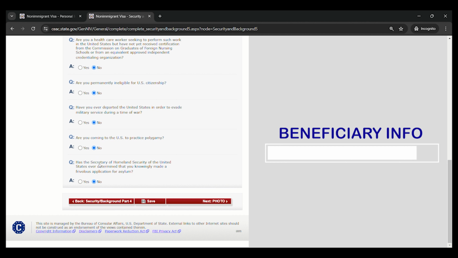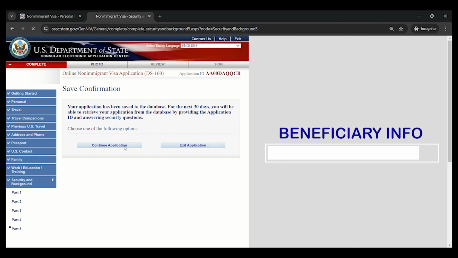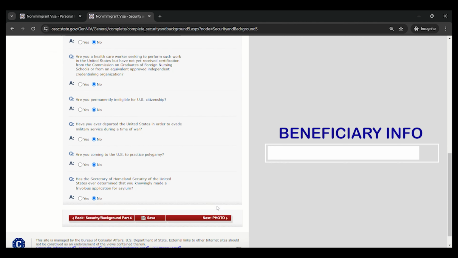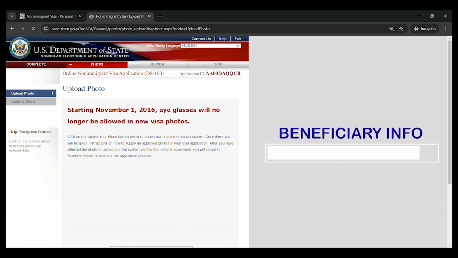So, once you're done with this, guys, I'm not gonna read through each of the questions about security and background questions, because this will take longer. But I want you guys to understand carefully and read thoroughly the questions and answer appropriately. Alright? Honest and accurate answers are required for this. So, click Save, Continue, and then when you click Next, the next will be the photo.